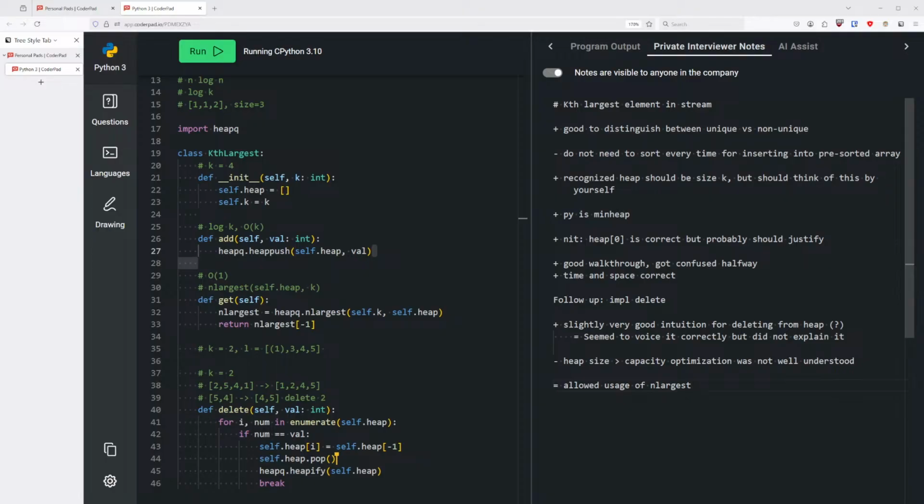Okay, so now that we're not limiting the size of the heap, our operations will be log n, where n is the size of the heap, and space complexity will be O of n, because it stores at most n elements. Yep. And then the get operation,